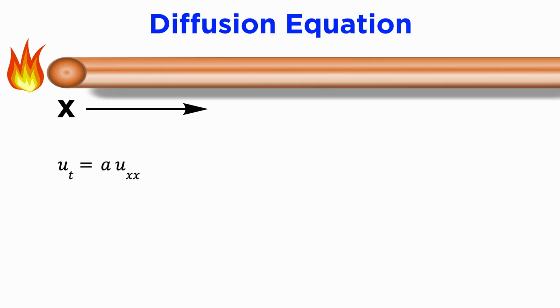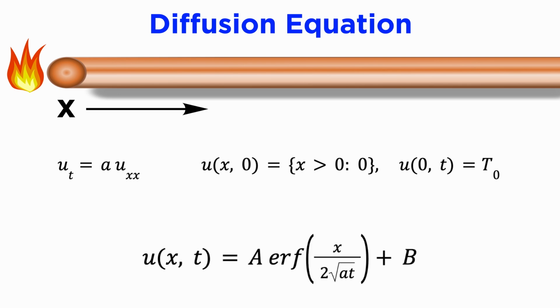In the previous tutorial, we investigated the heat equation on a semi-infinite domain given the conditions at position x equals 0 and time t equals 0, and we found that the solution can be written down concisely in terms of the error function of some dimensionless quantity like x over root at. We used the example of the initial condition u of x,0 equal to 0 whenever x is greater than 0, and some value t0 at x equals 0, aiming to solve for the temperature field u on the semi-infinite domain